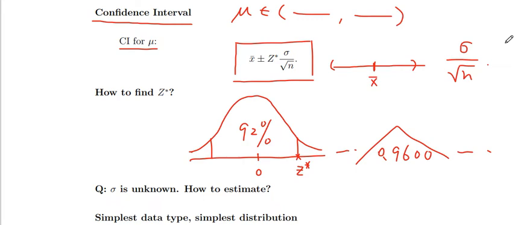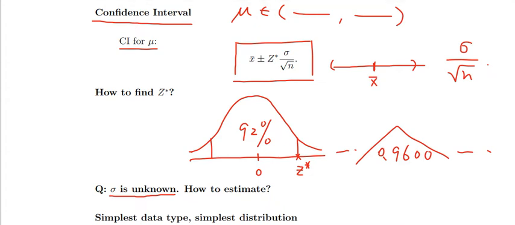So sigma is assumed to be known. But in a real situation, sigma is unknown. So logically we cannot use this formula to estimate. Then how can we